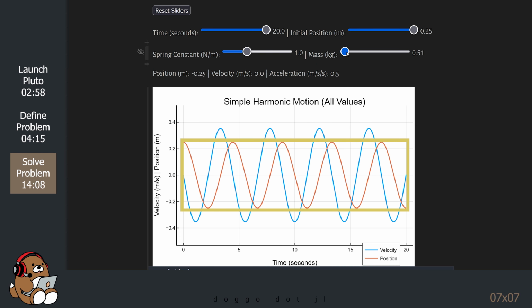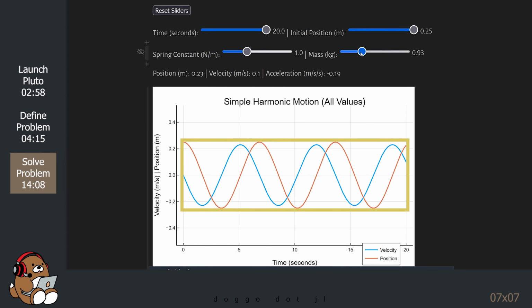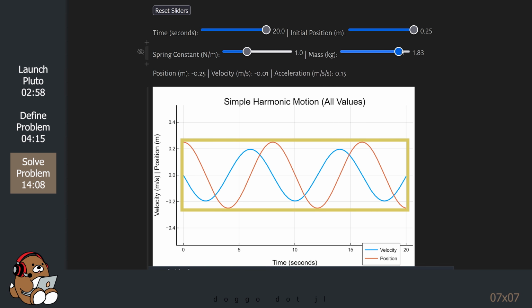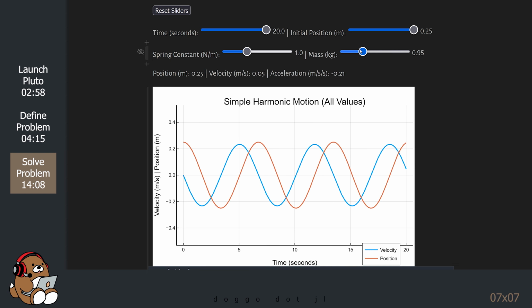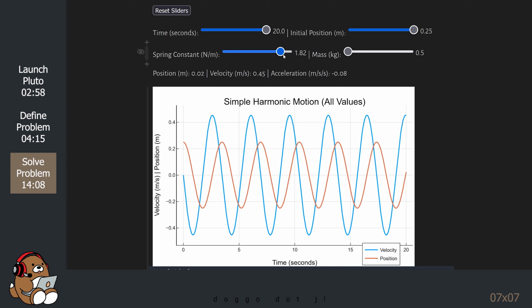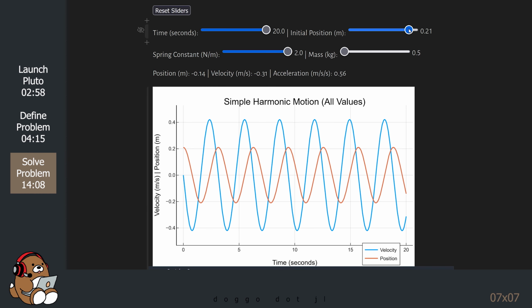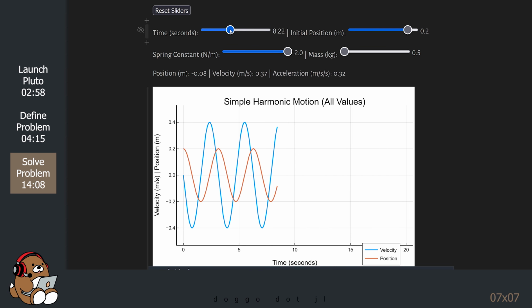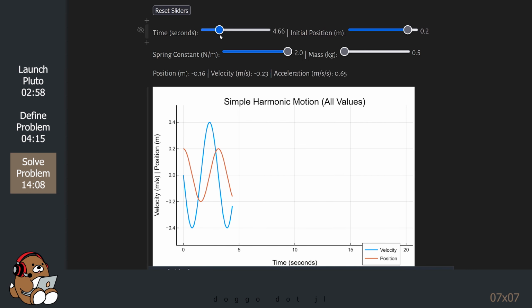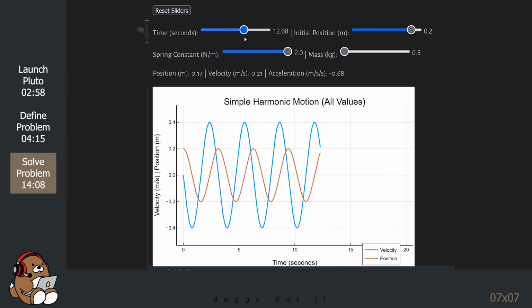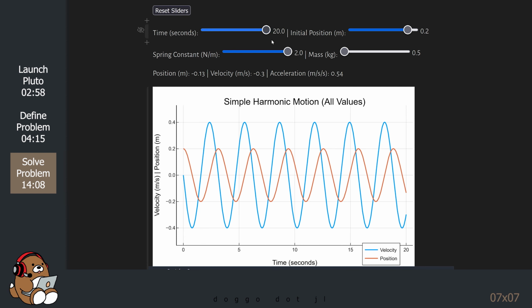So again, all you're doing by changing the weight of the mass is making the mass move faster or slower, but it has no impact on the amplitude. And of course, you can move all of the sliders however you like. Pretty cool, right?